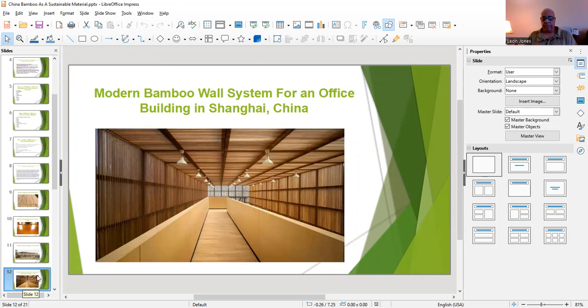What you see here, this is a wall system for an office building, all made of bamboo. Now, what you have seen is different infrastructure from the urban areas to the city areas. So you can make something with bamboo and it could look like you just got it from the forest, or if it's treated properly, you don't even know if it's bamboo, but it is bamboo. See how it's treated? And it's pretty sturdy.